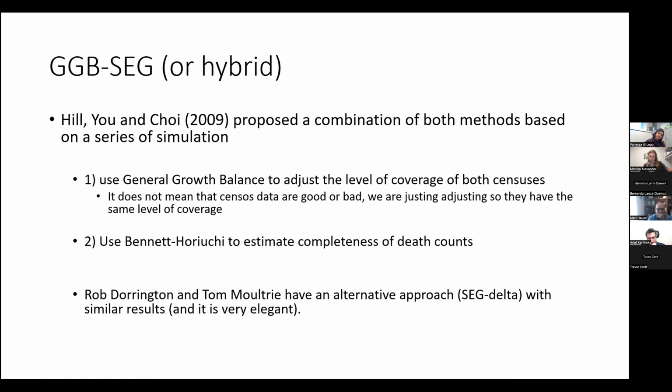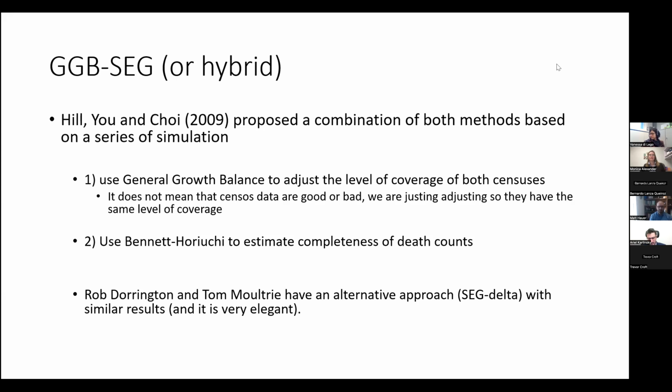And then there's an additional method that's basically a combination of the 2 methods. So in 2009, Hill, Yu, and Choi did a series of simulations on how the assumptions of the method affect the results, and they proposed a combination of the 2 methods. So the idea is to first use the general growth balance to adjust the level of coverage of both censuses, and then with this new data, with this adjusted data,